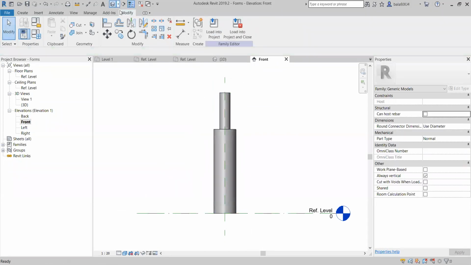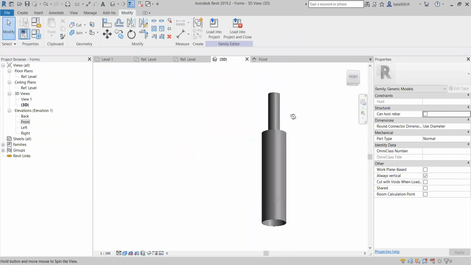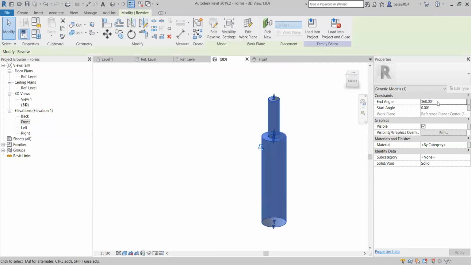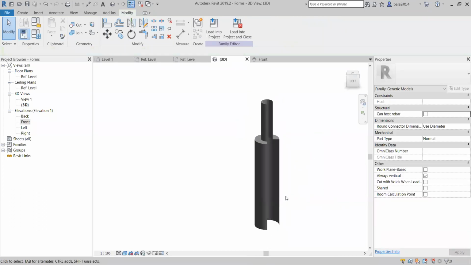Now you can see the result. If you want to see half of the bottle or some partial bottle, go there and give, let's say, 270 degrees. You can see this cutting of the 270. But you have to think where I need to use this command.